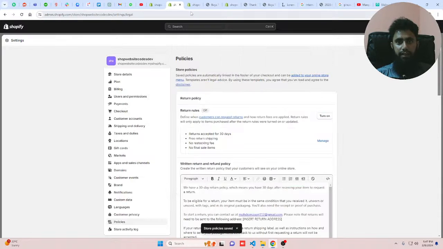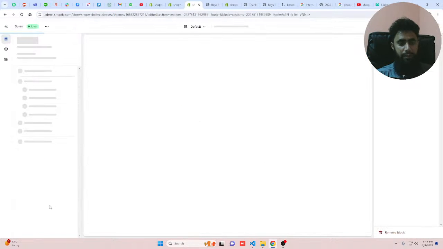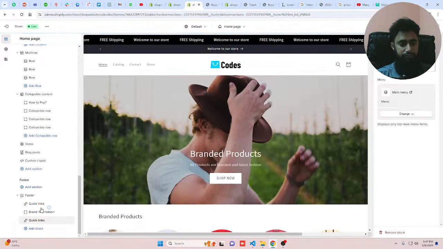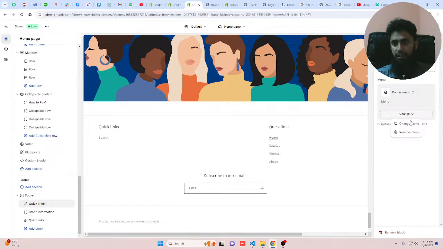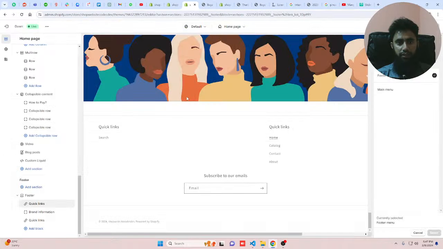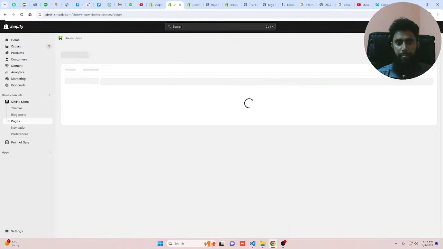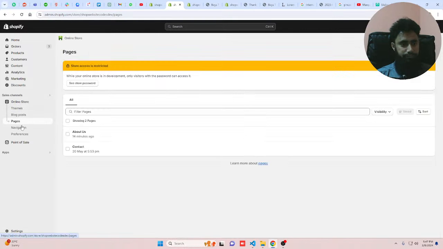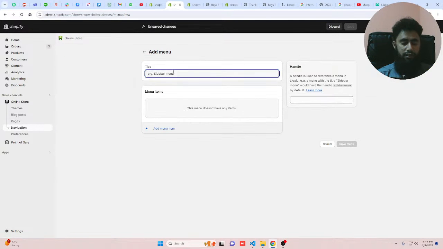And then after you can actually add it here. So you should refresh it back, click on quick links, click here, change menu, sorry, wait a minute, you have to go back to the dashboard again. Click on navigation, click on add menu, click on quick links,